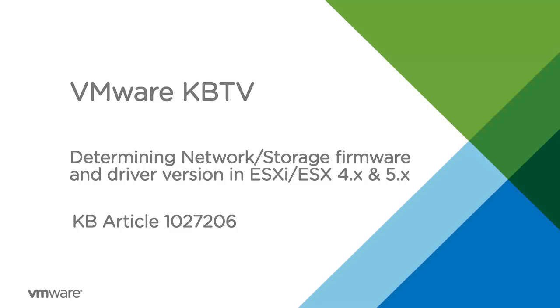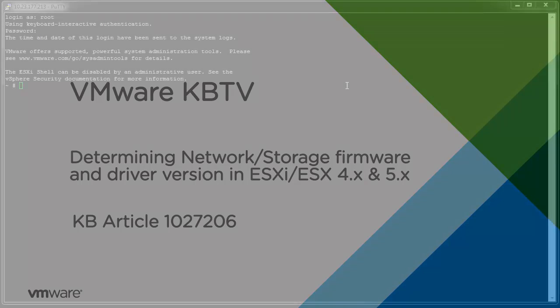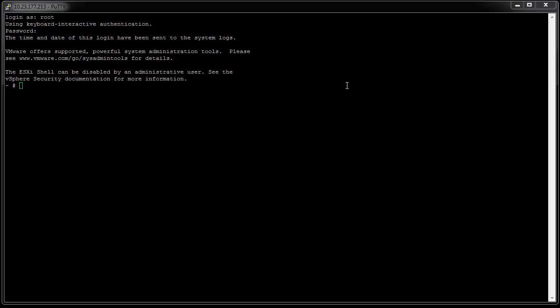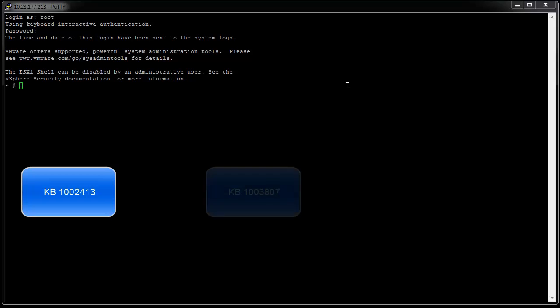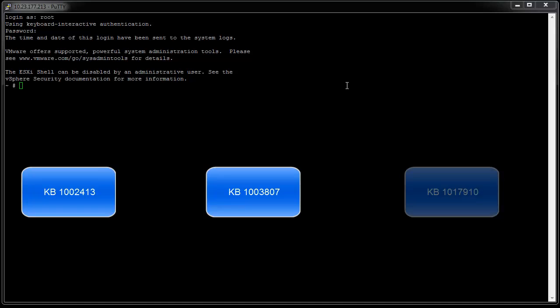In this tutorial, we will look at determining the network and storage firmware and driver version in ESXi 4 and ESXi 5. This video is based on VMware Knowledge Base article 1027206. For information on how to determine the firmware version of a host bus adapter, see KB article 1002413. To see how to open a console to the ESXi host, see KB article 1003807 or KB article